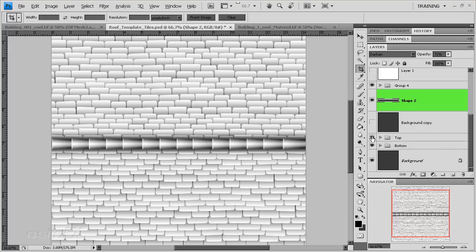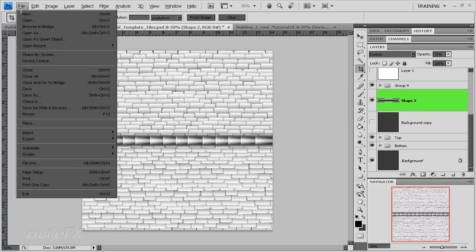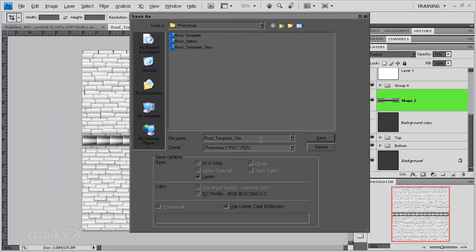So we can now go back to the roof template that we created earlier and start working on the color and diffusion maps, which is going to be pretty straightforward, just manipulating this with some additional textures on top to create the color. And the diffusion is almost there already, really close to it. So what I want to do is create and save a new copy of this, which is going to be a template for the color,